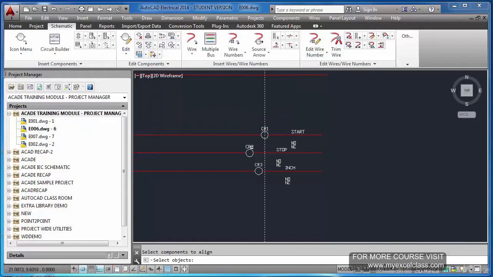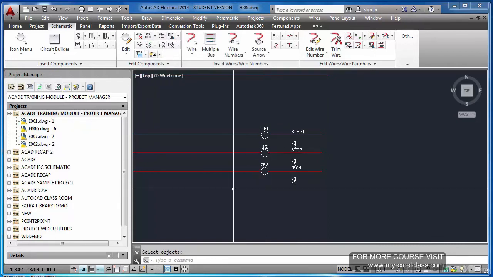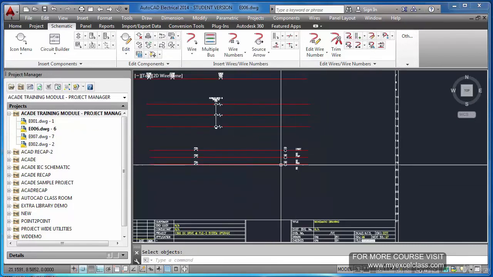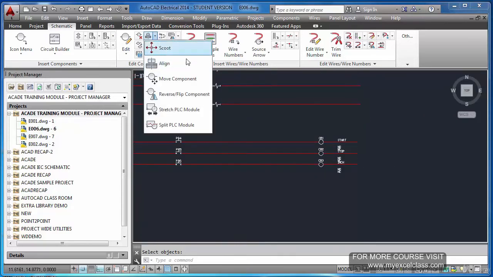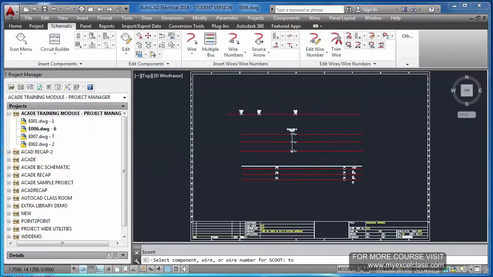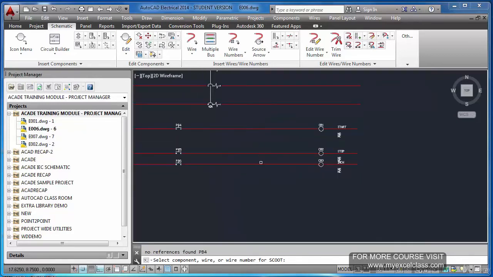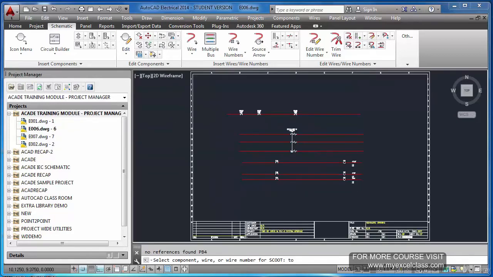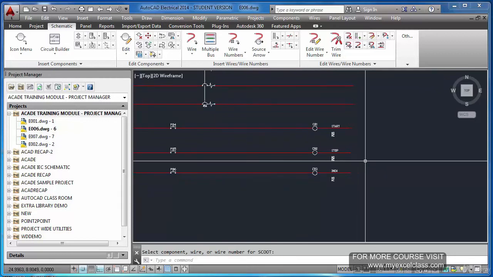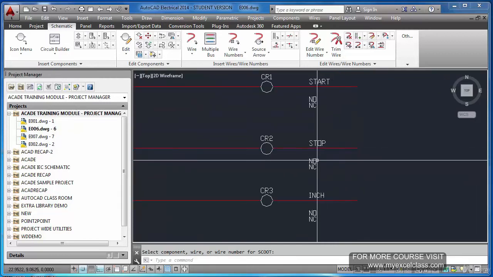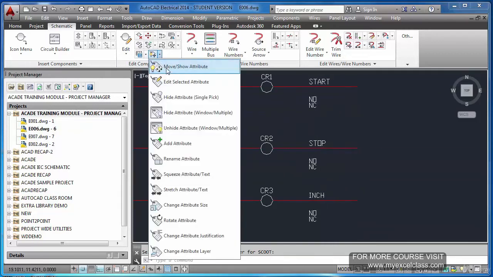Try to bring them in one line like this. And if you feel the distance is not sufficient, use scoot. Bring it up, bring it down, in this way. And if you want to move these attributes here and there, again use move attribute.